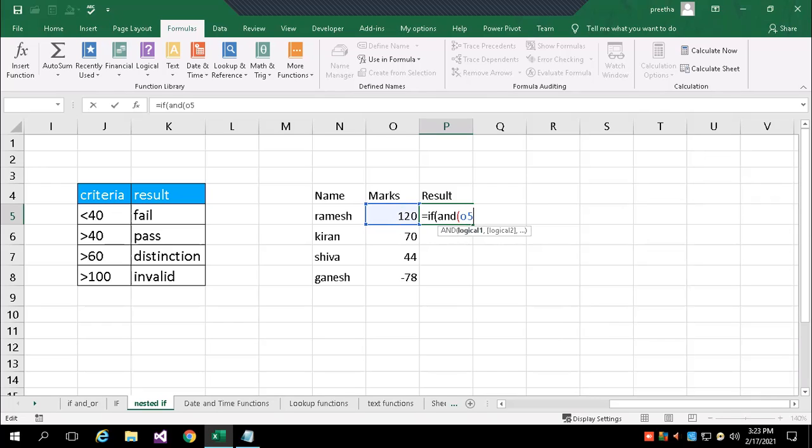If O5 is greater than 60 and O5 less than or equal to 100, then for 60 to 100, what should I write? Distinction.